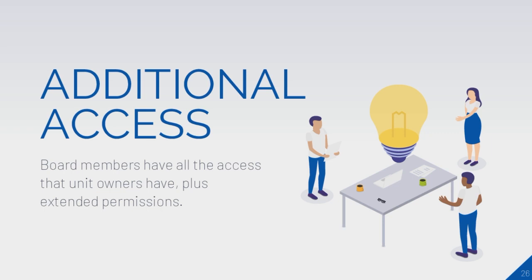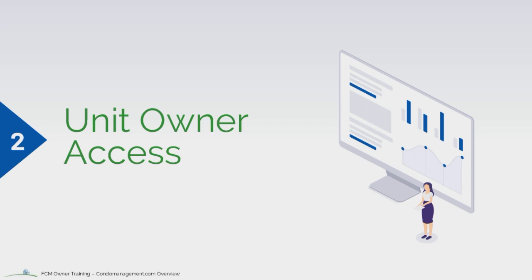So as I sort of hinted at the beginning of the presentation, board members will have additional access available. So if you're a board member and you're logging into your account, you'll see some additional options in that blue ribbon for drop-down menus. You'll also have all the same access as your regular unit owner. So we're going to start today by going over what the regular unit owner is able to see, and then we'll build upon that to show you what board members have special access to. So starting with unit owner access,